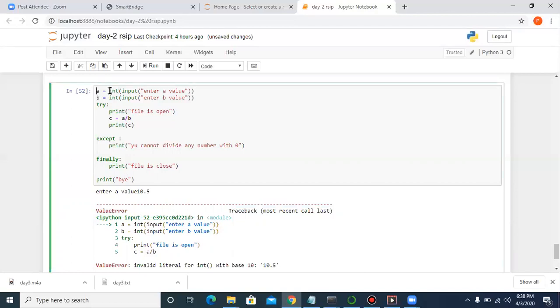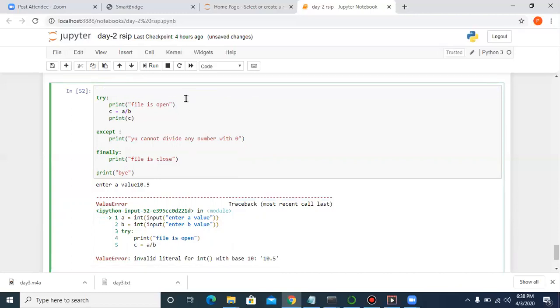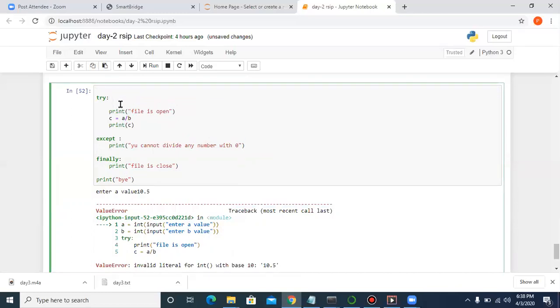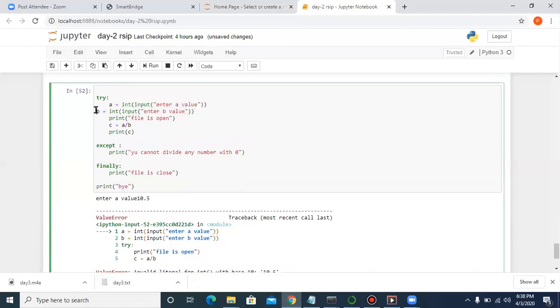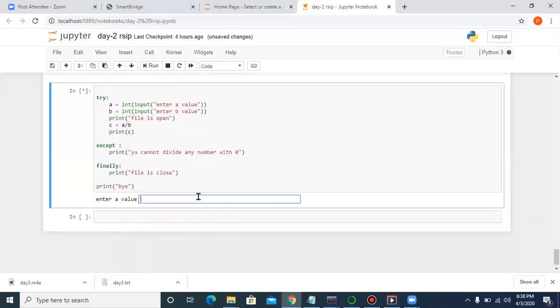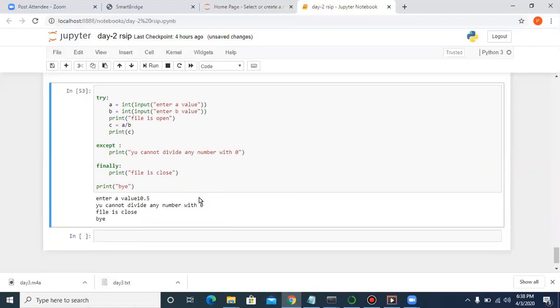Now what I do, I'll put these two functionalities. We can also have some kind of errors, right? So now I put these two over here. Okay. Now enter. What I gave was 10.5. As soon as I give 10.5, these are all not getting executed. And it says you cannot divide any number with 0. But the user has not given any 0. How can you handle this? Then there is another option where you have to write what type of error it is